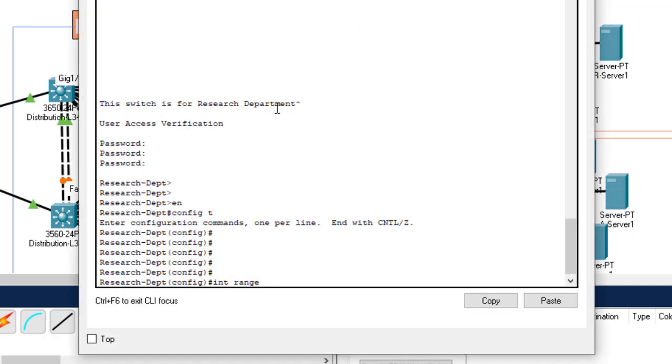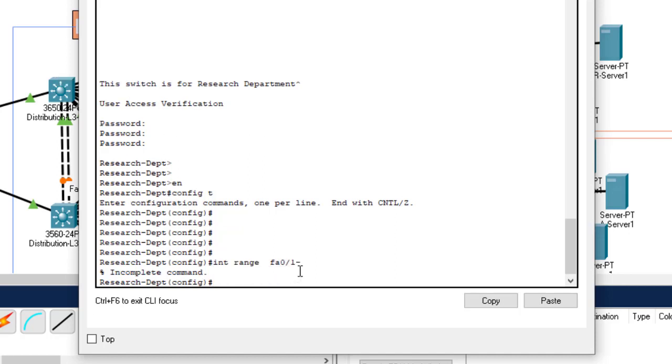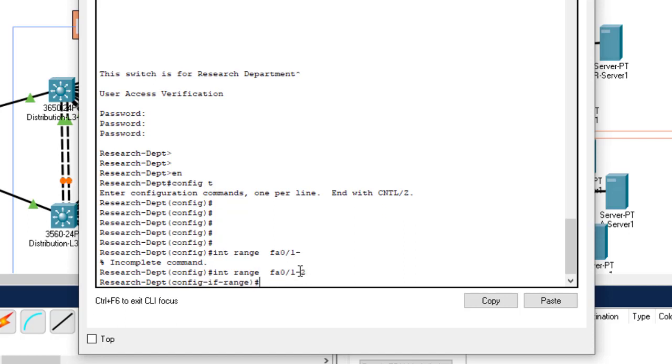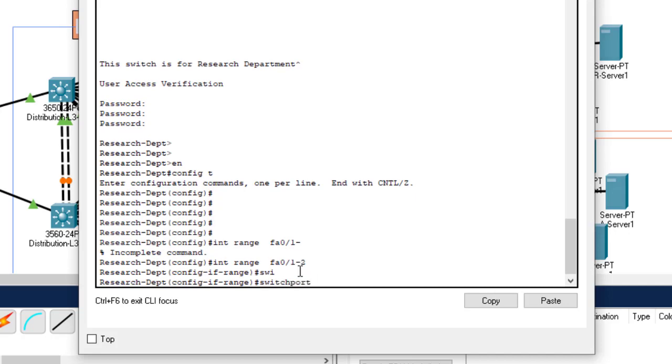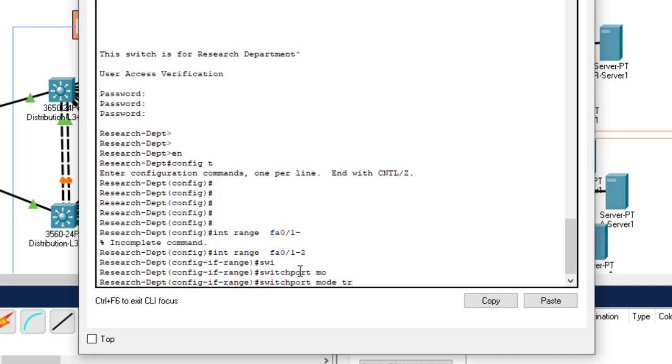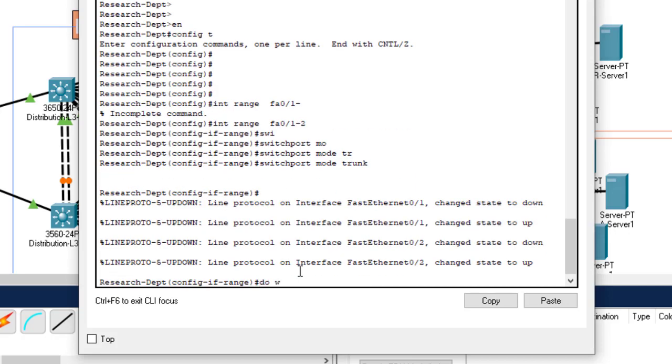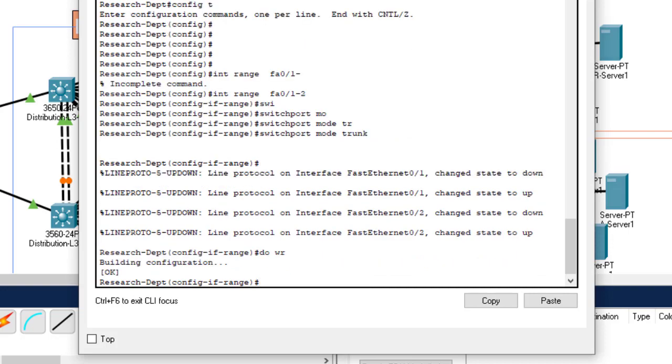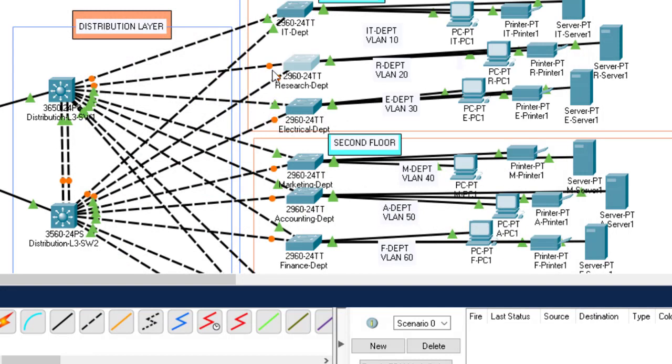Just place your cursor on the green or orange icon, you will see. Then it's FA0/1 to 2. Sorry, to 2. Switchport mode trunk. Do write. You see it's turning orange, all of them. Okay. Then for the other switch also,